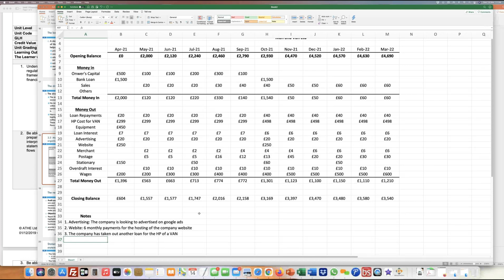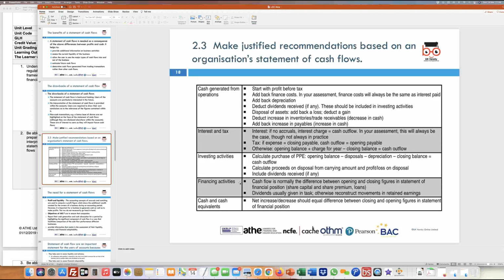So in some cases, you base it on the assumptions that you made at the initial beginning when you were given some notes. What you'll have to do is make some recommendations to the business, maybe through some bullet points. And if you take that same example up to explain how the cash flow of the organization could be improved,